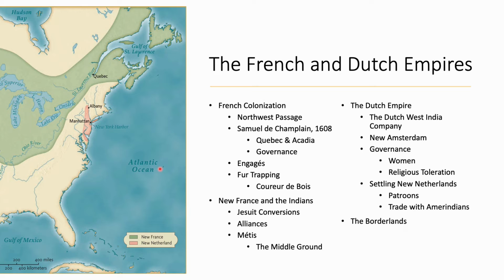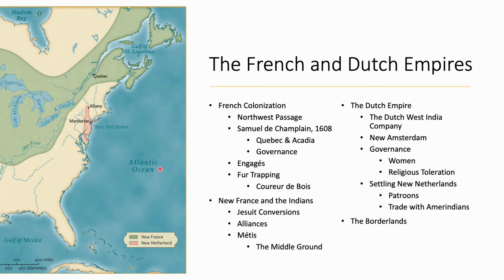And again, at least for the French early on, the number one priority, for the French and even the English and the Dutch, was to find this Northwest Passage, this shortcut to East Asia. Now, despite early attempts to find this passage, it never really comes to fruition. And so, nonetheless, the French decide to make the best of the situation and begin the process of colonizing, or creating their own colonies in the New World for the purpose of financial gain.